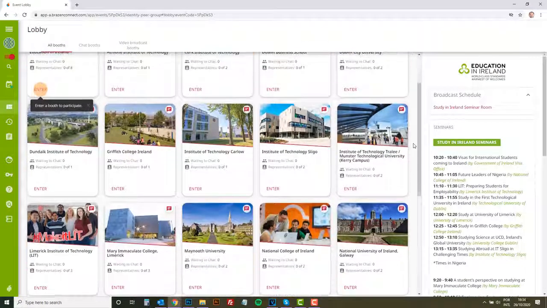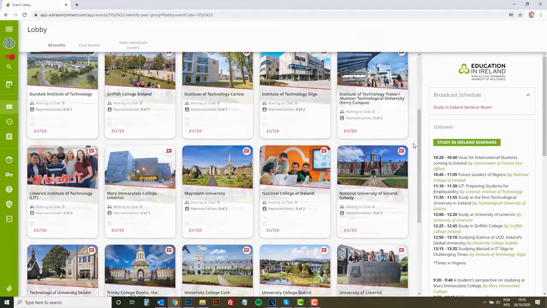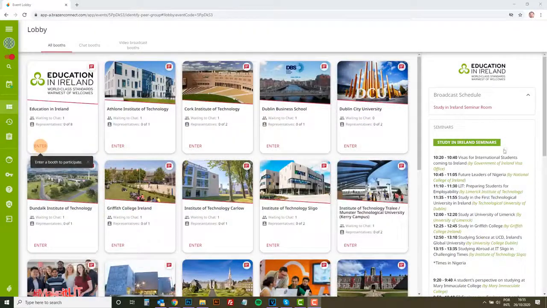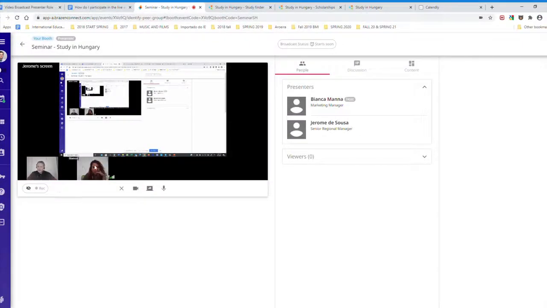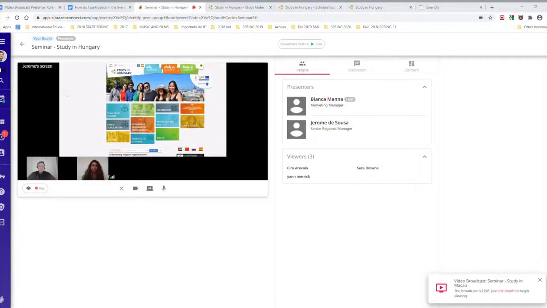An important part of Talk Global Study is the extensive seminar program. Choose which seminar interests you and enter the booth. From here, you'll be able to hear the live speakers and take part by asking questions through the discussion tab